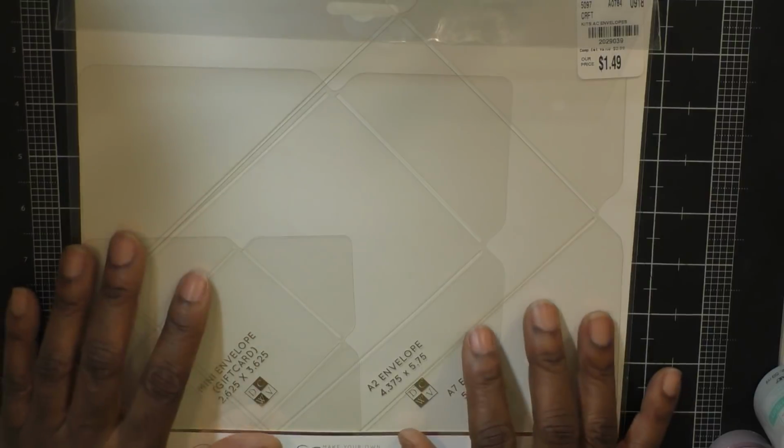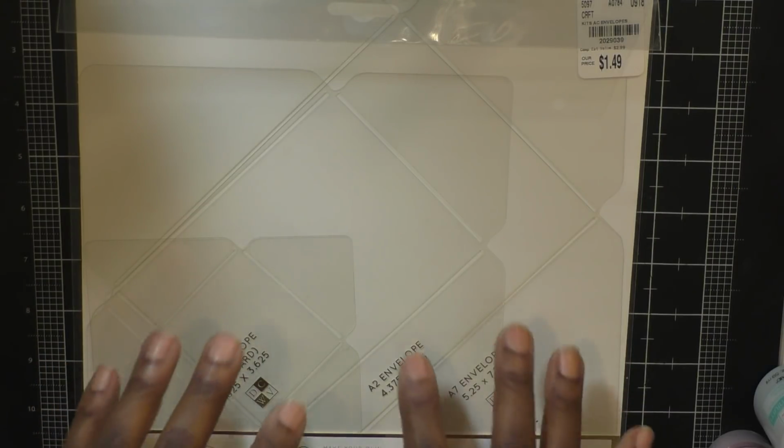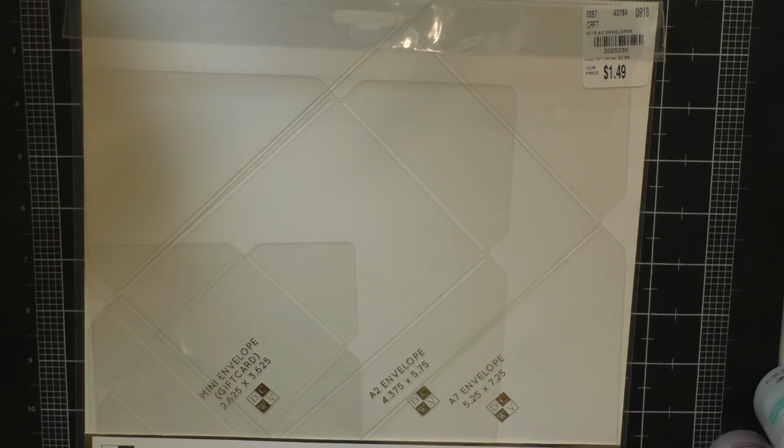And I'm thinking this might be nice for if I'm traveling and don't want to really take my We R Memory Keepers board and I know what size I want to make. Like if I'm at a chat and craft, then I can just take this and sit and make as many envelopes as my heart desires. And speaking of envelopes,